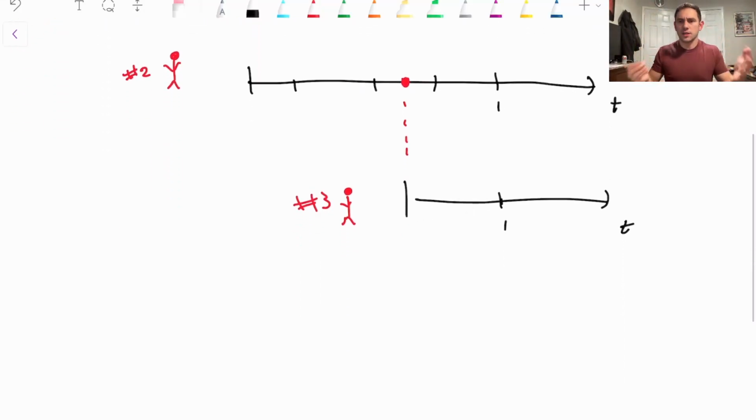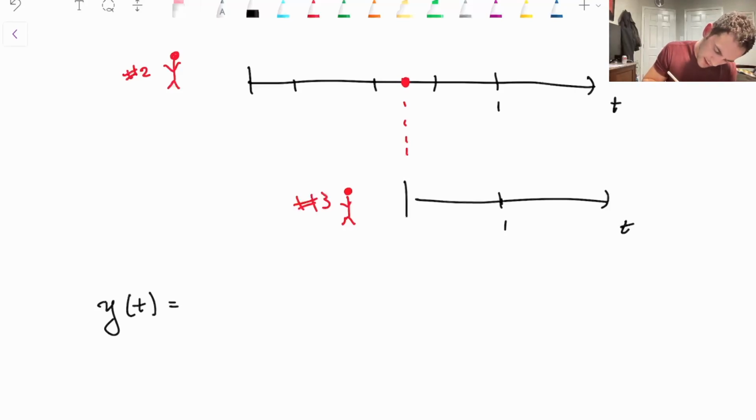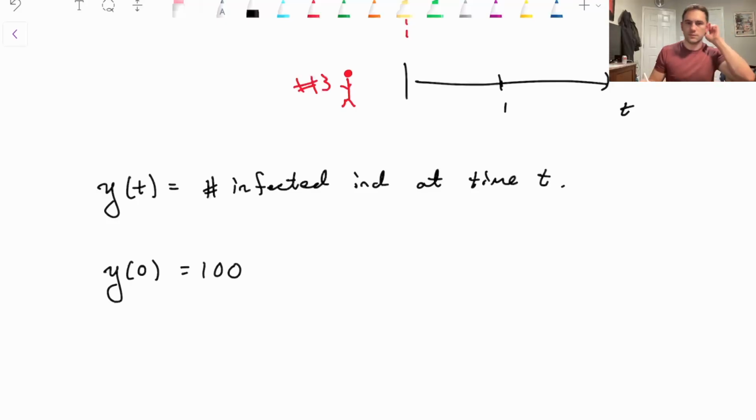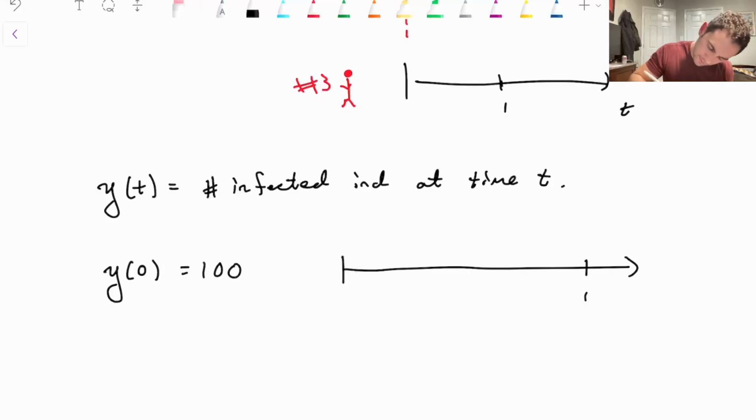Specifically, I might think to put some numbers to it. So if I think that y of t is going to be the number of infected individuals at time t, then at time 0, I know I have 100 people. And if I look at this timeline and break it down by days, so there's day 0, there's the end of the first week, and I break it up into these 7 days,